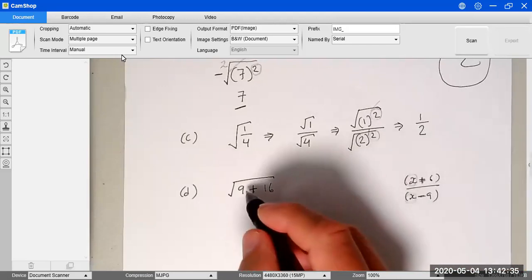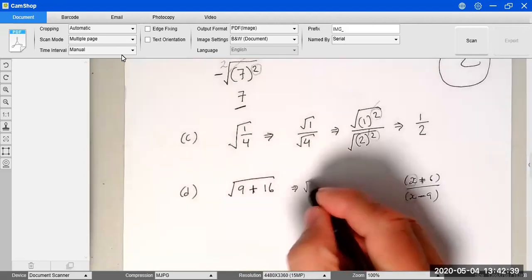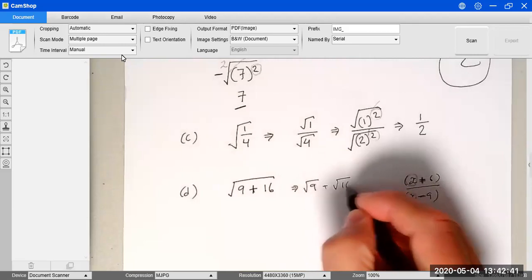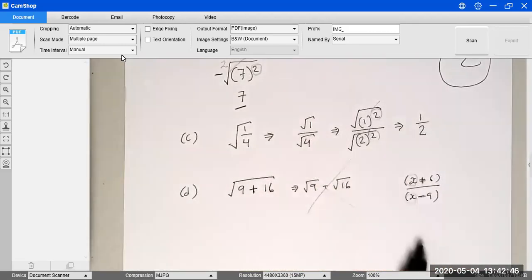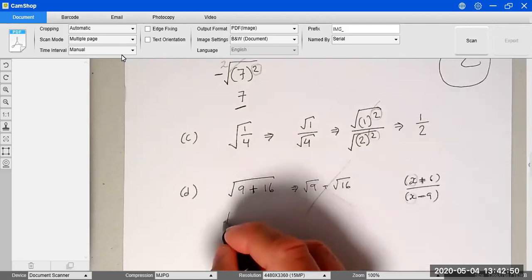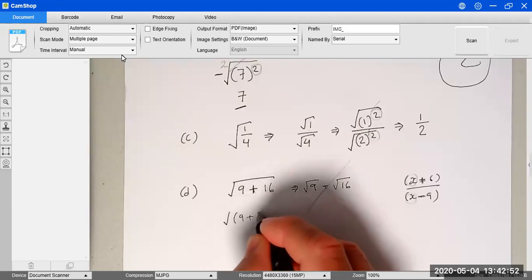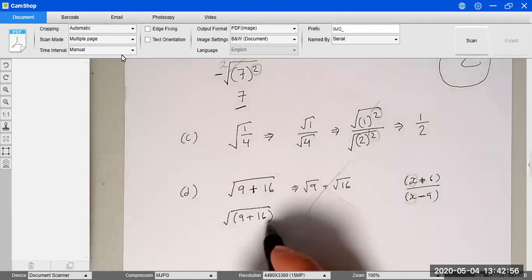The same way we cannot break this into pieces to get something like square root of 9 plus square root of 16. This is wrong. So the best way to prevent these mistakes is as we did before: we enclose the quantities in parentheses, and then you know that this is a unit,